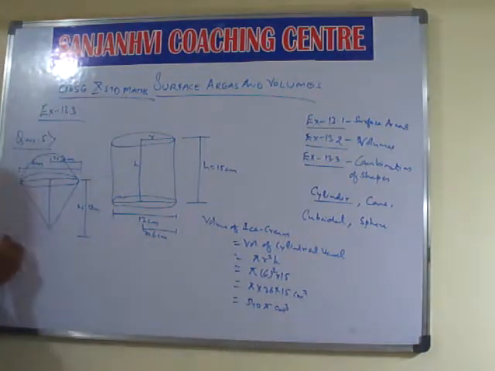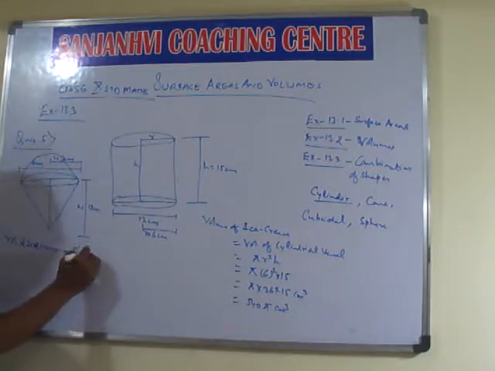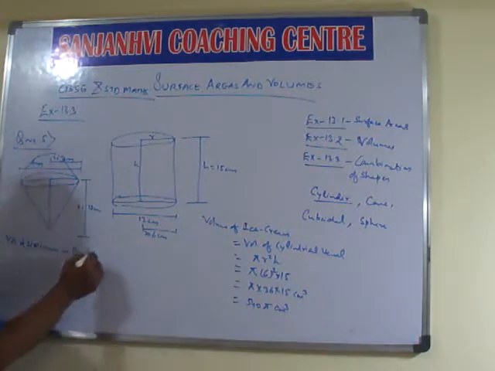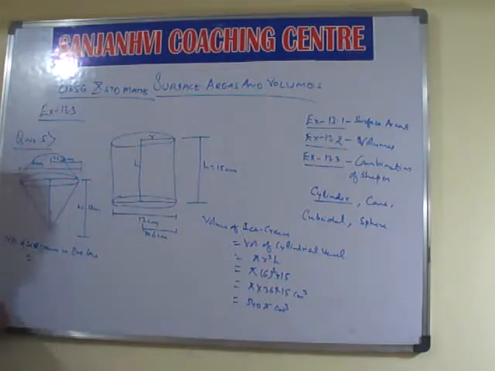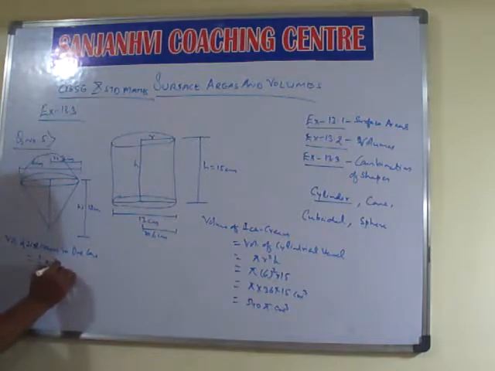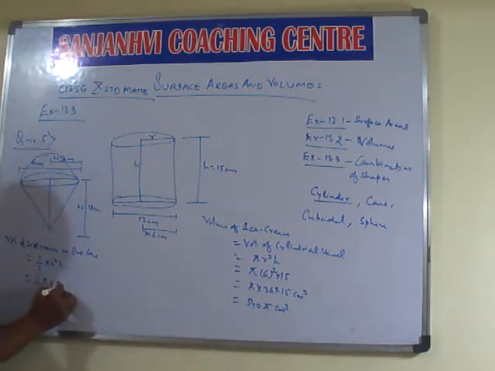Now the volume of ice cream converted into one cone. The volume of one cone will be equal to 1 by 3 pi r square h. So 1 by 3 pi, let it be as it is, r square here is 3 square, into 12. So this is giving us